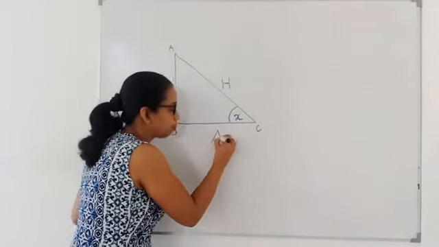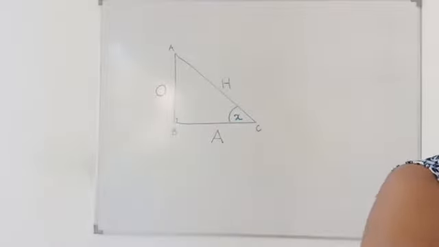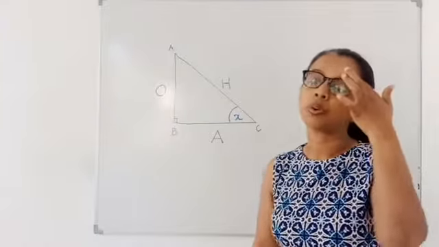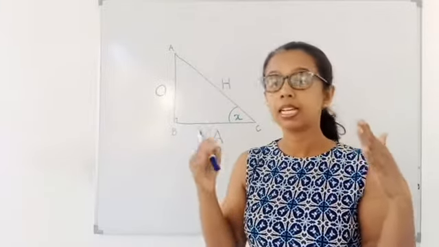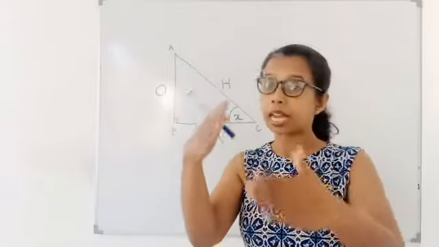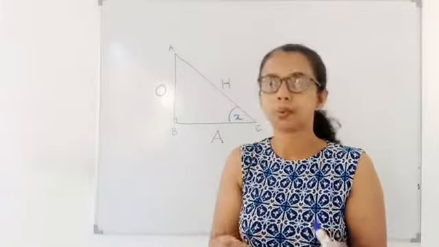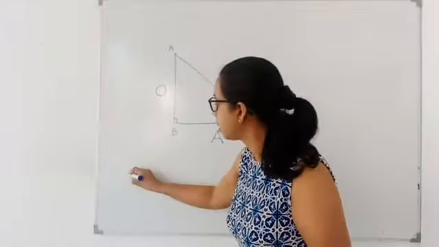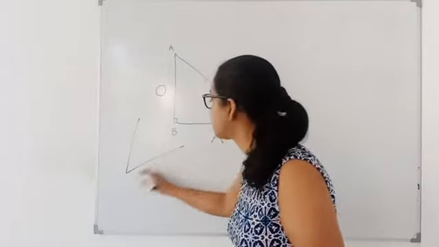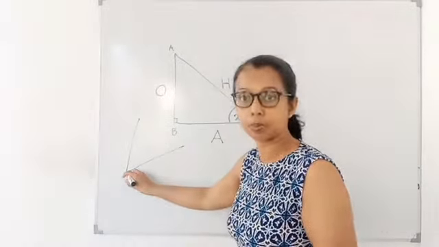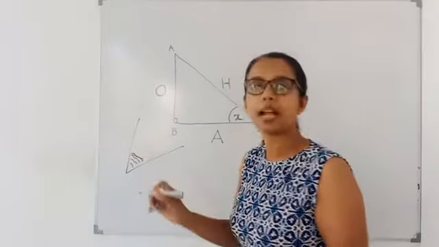Children, when I am explaining all these things, I believe you have the basic idea about geometry. It's like this. You already know that to have an angle, there should be 2 sides, and they should meet each other at a particular point called the vertex. The space between those 2 sides we call the angle. I'll draw it like this. You have two sides, they meet each other at this particular point, and the space between these two sides we call the angle.